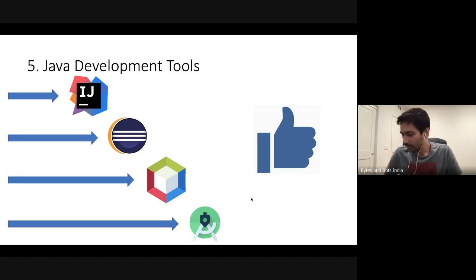So at this point, I'll take a pause here. I would like to ask you all for any guesses on what these IDEs are. You can write it in the chat window. Kumar, can you read me a few of them?